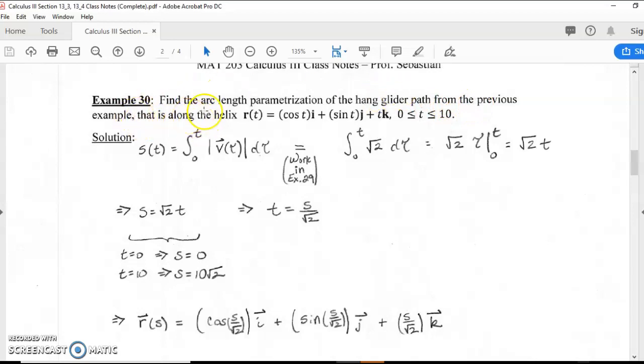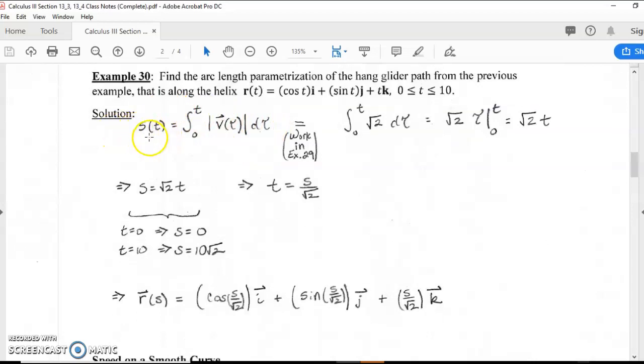In other words, we had that hang glider rising up along a path that was a helix, r of t equals cosine of t i plus sine of t j plus t k, on the interval t goes from 0 to 10. So we need to find that arc length parameter s, which, remember, we talked about on the previous page, is the integral from the initial base point, which for us is t equals 0, so from 0 to t